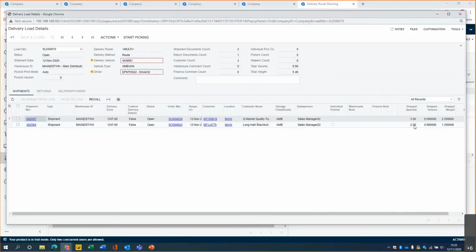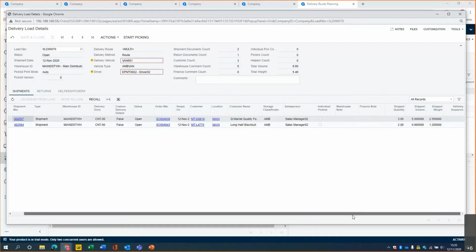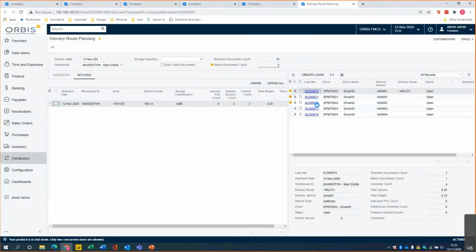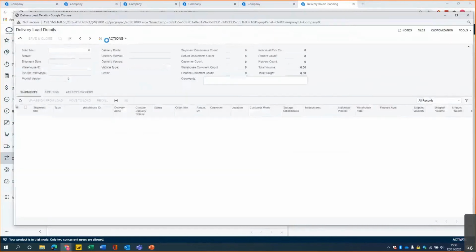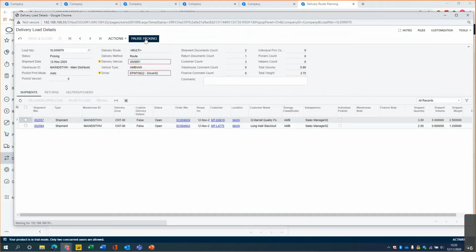We're now shipping ship quantity 3, ship quantity 2. Closing that, we'll notice that, going back to our shipments, our one order here has moved back into general population because we've removed it from our load, and our total weight and volume has dropped, and our total number of items would have dropped as well. From this load, I'm now just going to start the picking process and push it through the system